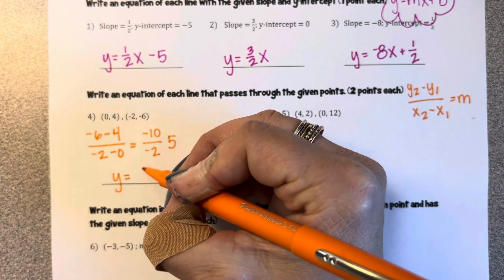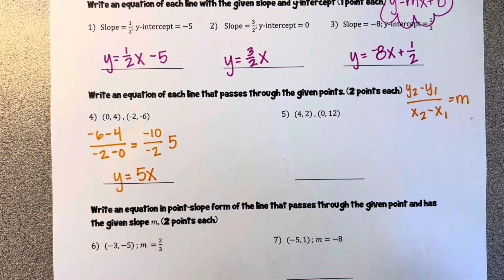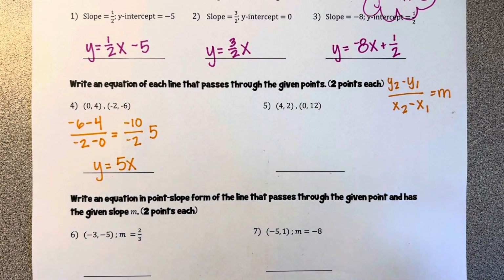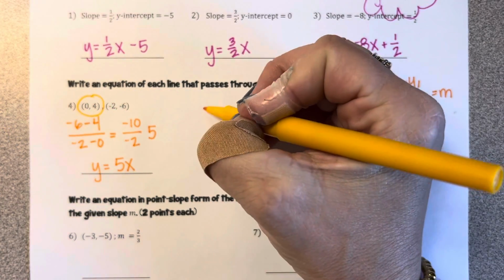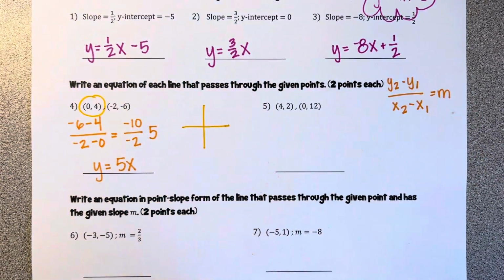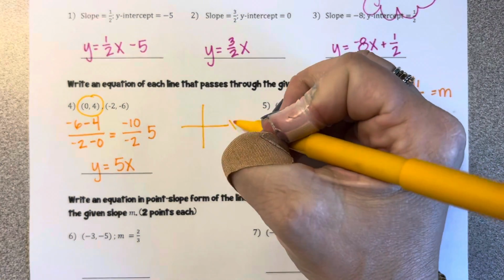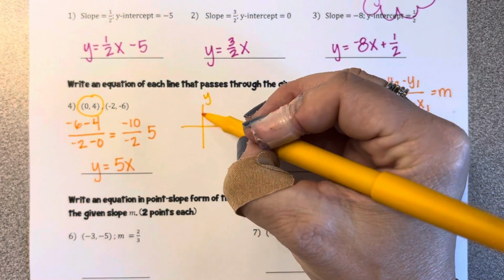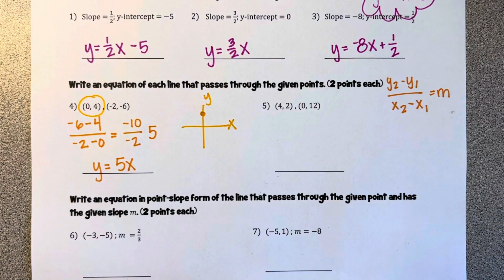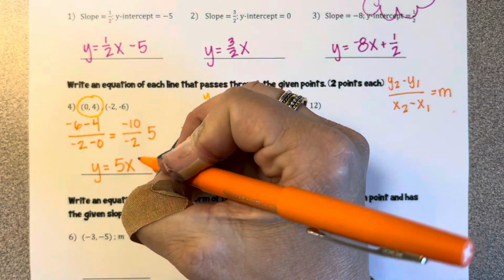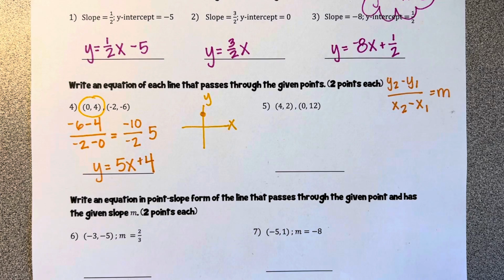So I've got the first part, y equals 5x, but now I need to figure out, well, what is the y-intercept? So in this case, the y-intercept would be 4, right? If we have an ordered pair that has a 0 for x, automatically, like this one, 0, 4, that's where our line's going to cross the y-axis, right? The definition of the y-intercept is where x is 0, the value of y when x is 0. So in this case, we would have y equals 5x plus 4. So really all we're doing is finding the slope, and then,